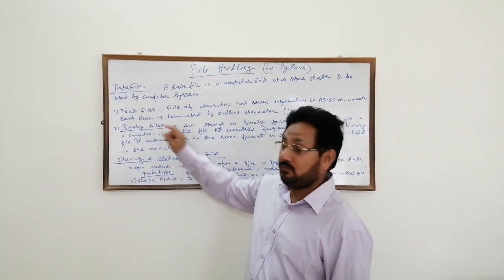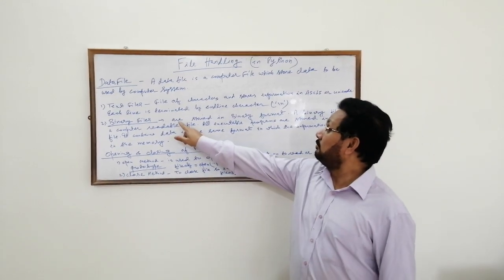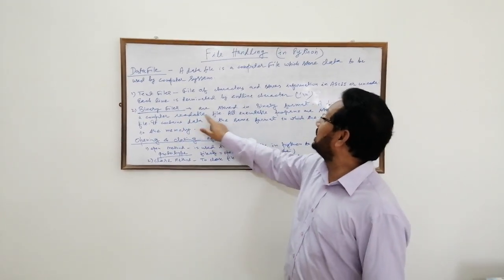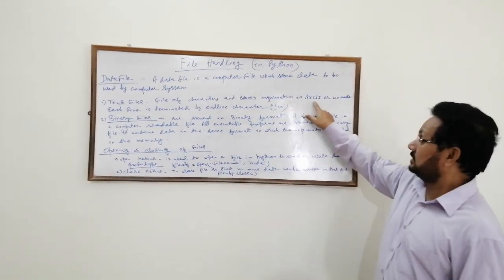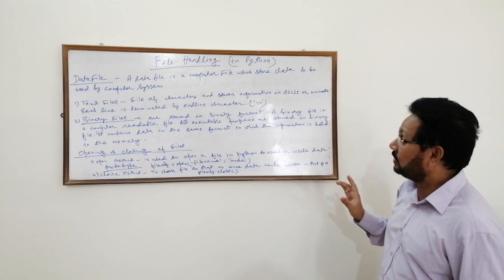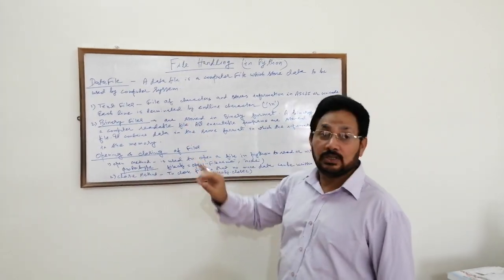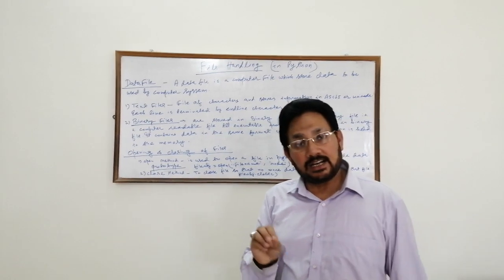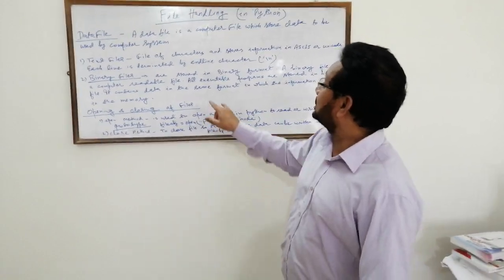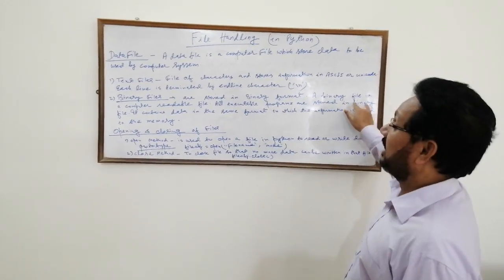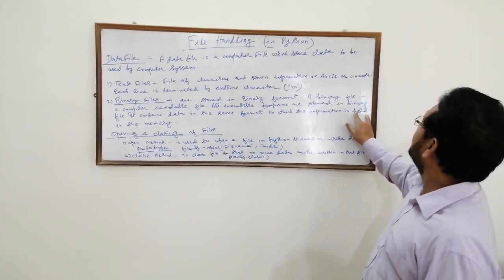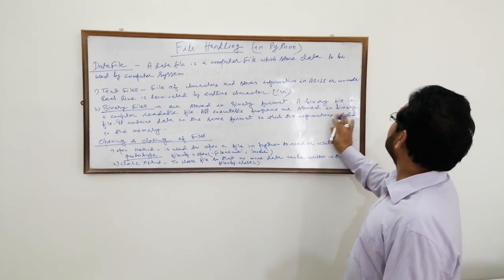Second is the binary file. What are binary files? Binary files are stored in binary format. A binary file is a computer readable file. Now remember, a text file uses two coding patterns, one is ASCII or Unicode, whereas whatever we write in binary files is stored as it is in the computer in binary format. All executed programs are stored in binary files. It contains data in the same format in which the information is held